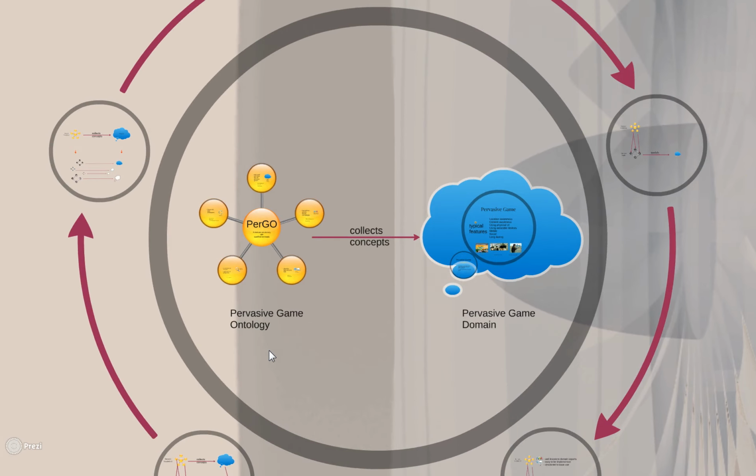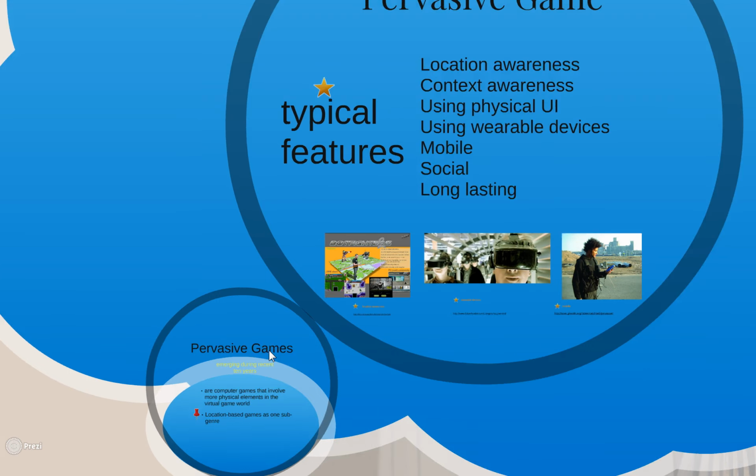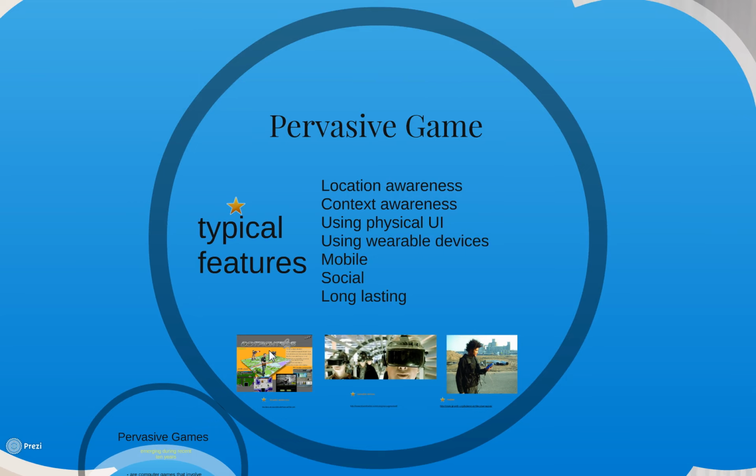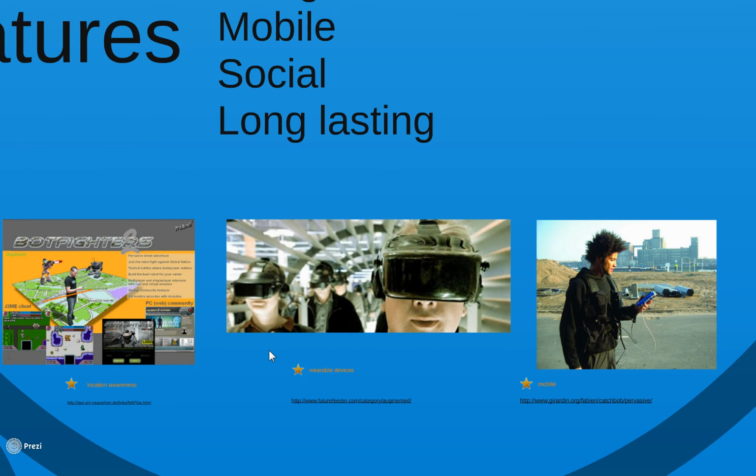Before we further introduce PerGO, we quickly have a look at what pervasive games are. Pervasive games have been emerging during the recent 10 years. Simply speaking, they are computer games that involve more physical elements in the virtual game world. Typical features of pervasive games are location awareness, context awareness, using wearable devices or physical user interfaces,